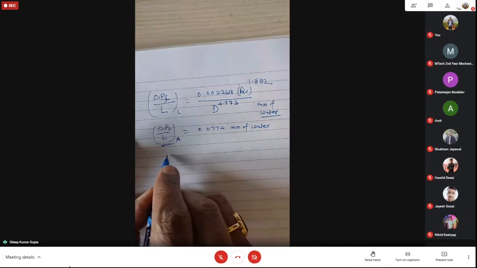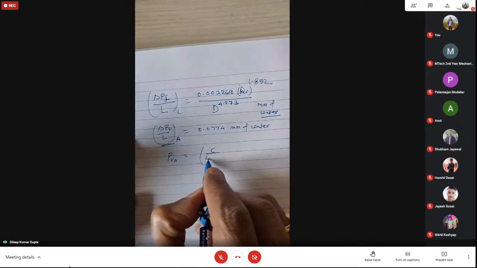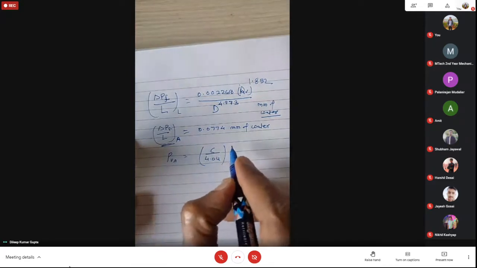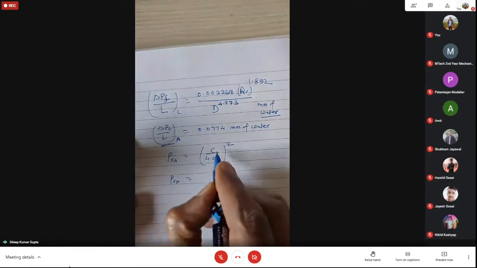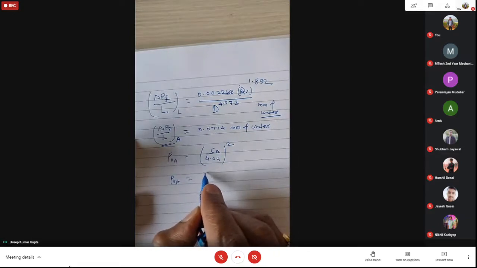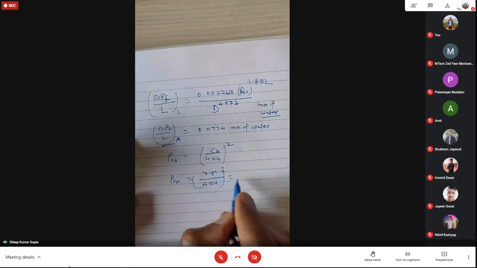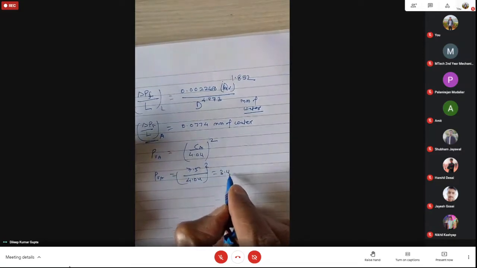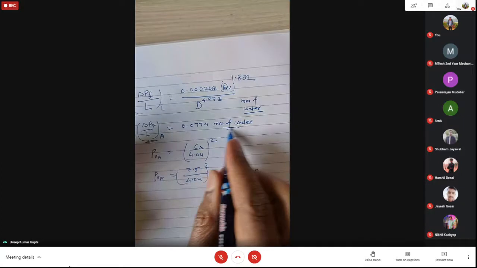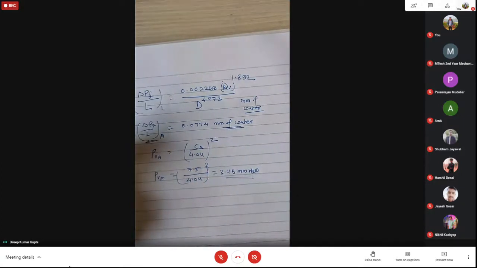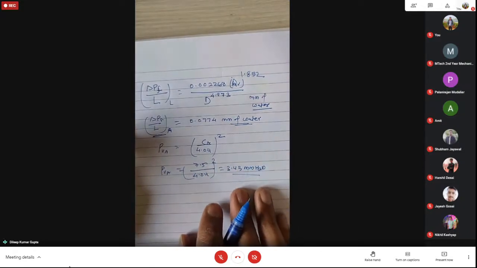Now, what are the dynamic losses over here? PVA, the velocity losses over here, will be equal to (C divided by 4.04) squared. This relation is again given to you in your textbook. So if you are talking about PVA, that will be CA. CA is given to you here as 7.5 meters per second, and 4.04 here. You take the square of this, and you will get the value equal to 3.45 mm of water. This is the dynamic losses. Earlier was the static, frictional losses, and this is the dynamic losses. Right? Now all this data we got for section A.